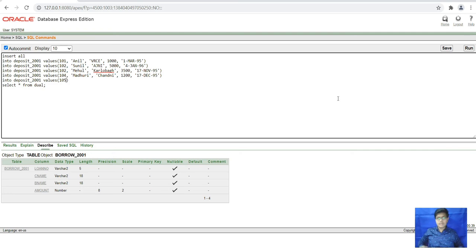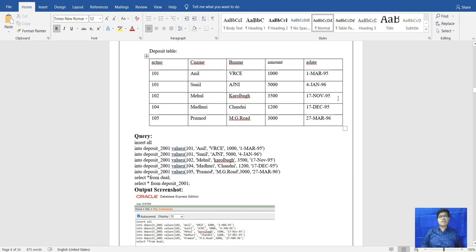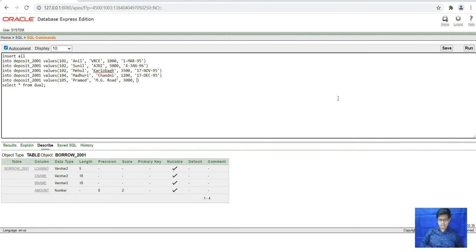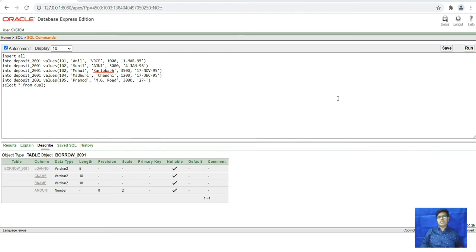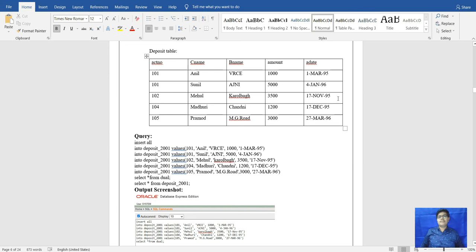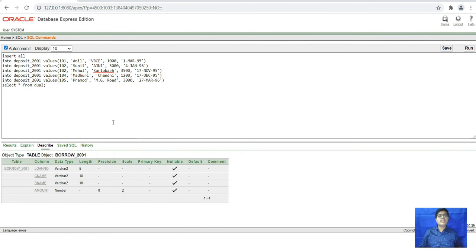After that, the last name is Pramod, MG Road, having amount 3000, twenty-seven March 96. So our table is created.